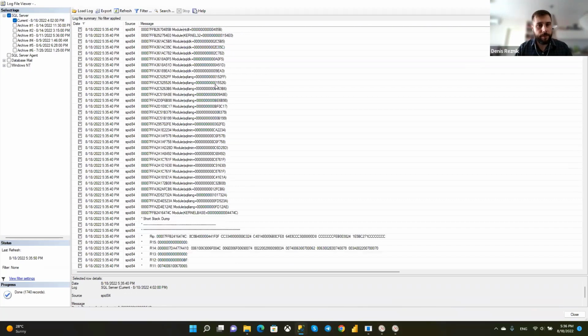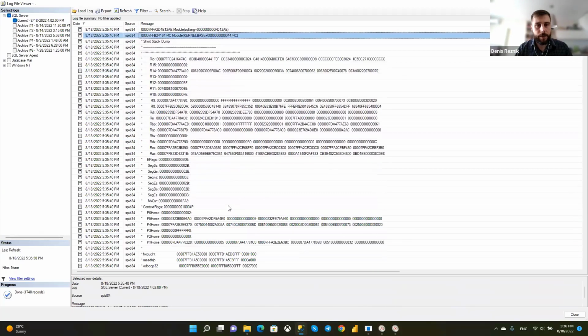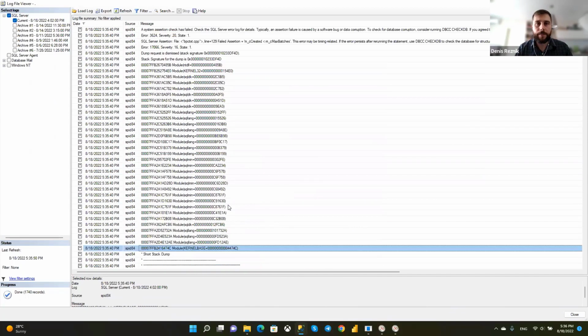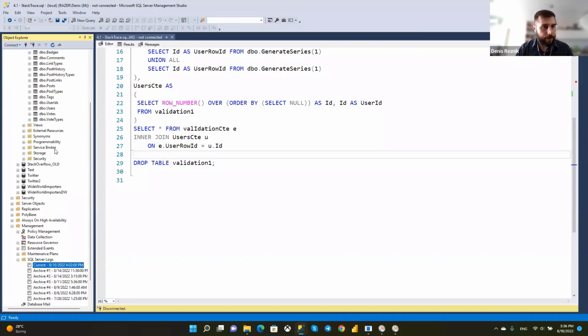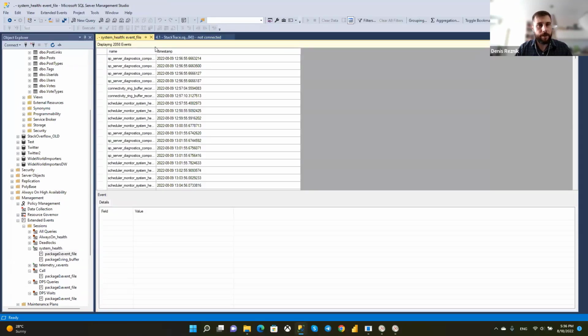But the dump is pretty important. Mini dump can be checked with a debugger. And also some system information can be found in the extended event session, which is enabled by default, and it's called system health, over here.